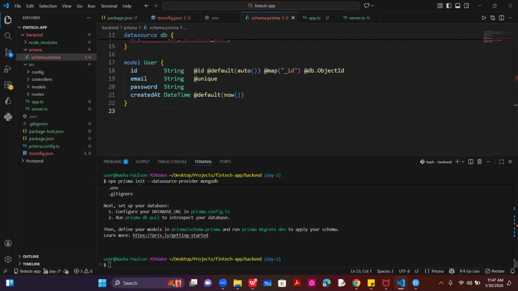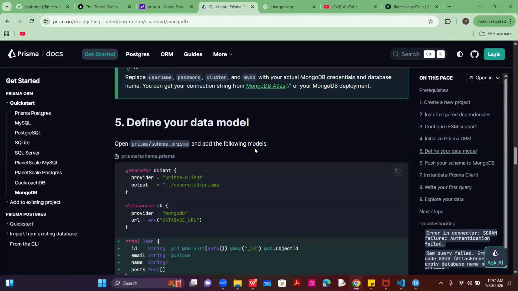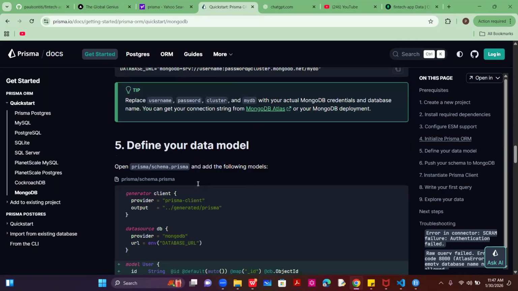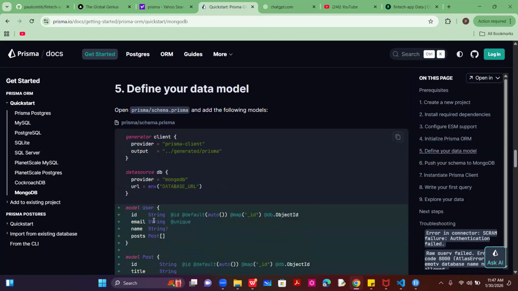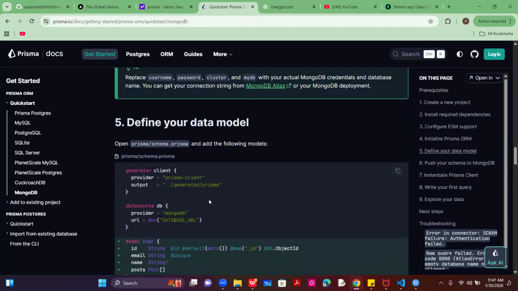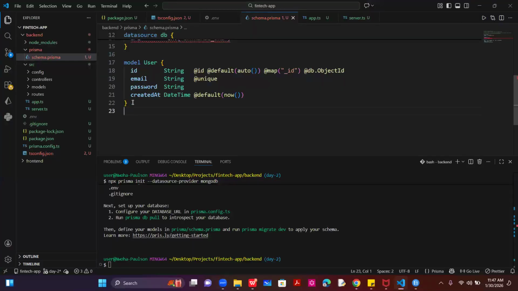After saving it, let's go back to Prisma. After connecting your database, your connection string, you then add your document or define a data model. That's what I just did. But here we are not using post. We're only using users. So just make sure you have what I have here. Then